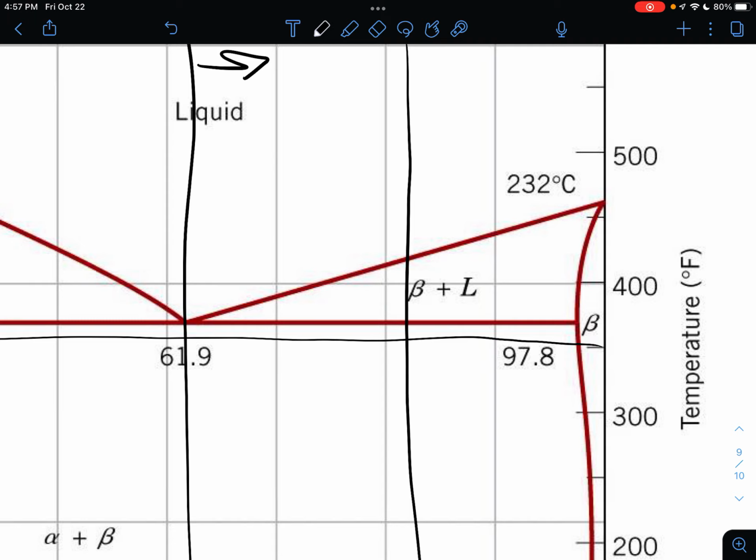So our primary beta, what has formed wherever we are here, is going to be from some C0. It's going to have our composition beta over here, the 97.8, and this is going to be our composition liquid in here, the 61.9. Composition liquid is going to be our composition of the eutectic, and our beta up here is going to be our composition of